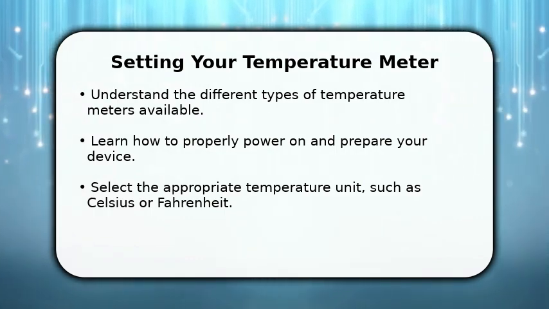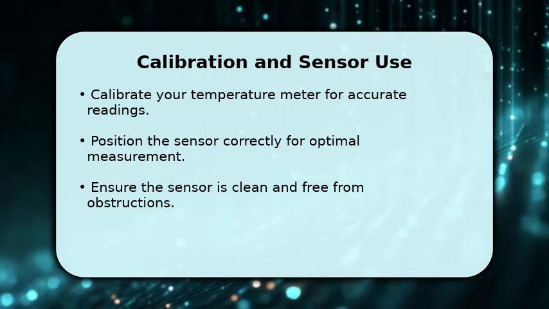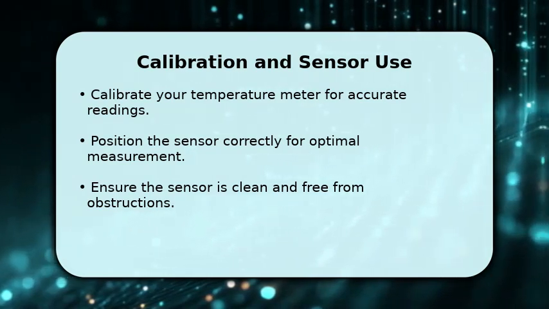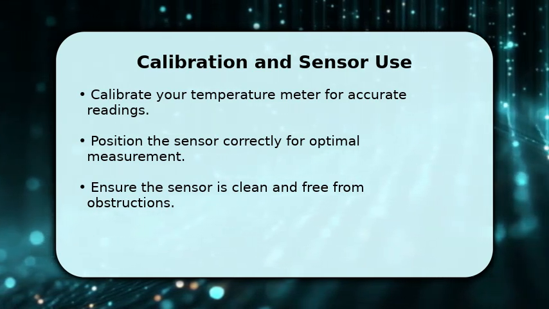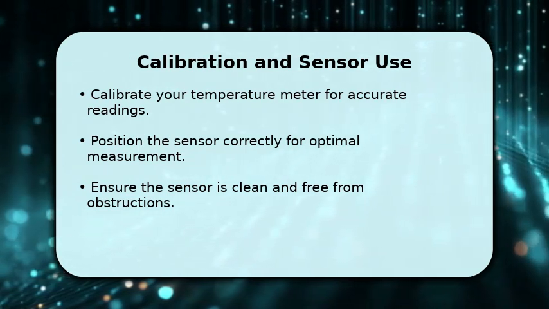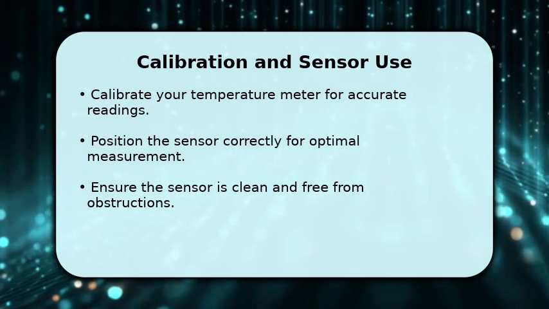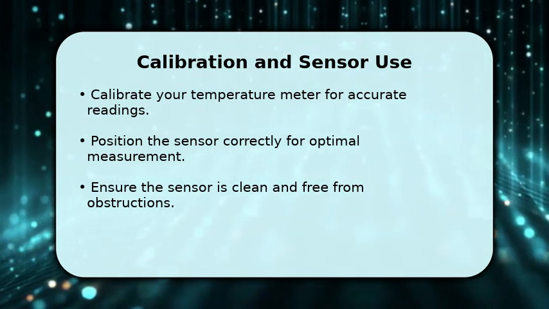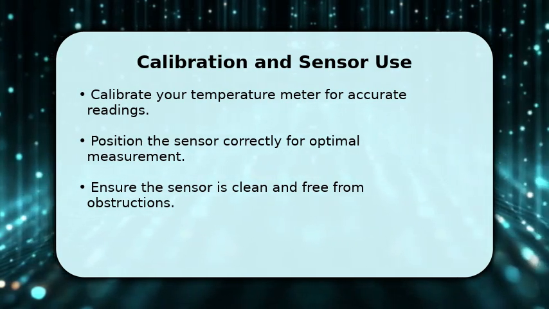you need them. Achieving accurate measurements starts with proper calibration. We'll discuss how to calibrate your device, often involving a known reference point like an ice bath at 0 degrees Celsius or 32 degrees Fahrenheit. Then, we'll focus on correctly positioning the sensor. Remember, the sensor should be in direct contact with the object or environment you're measuring, and always ensure it's clean